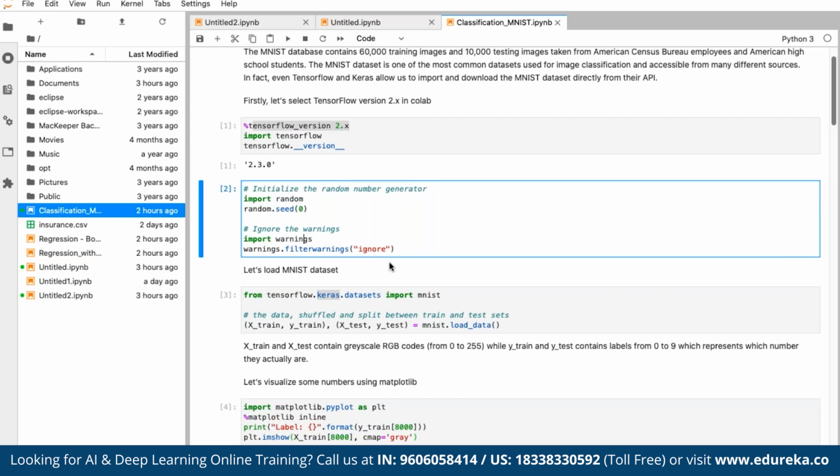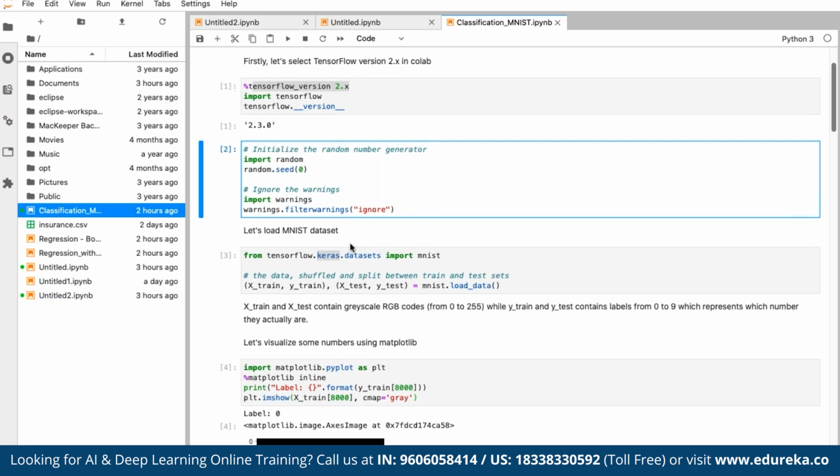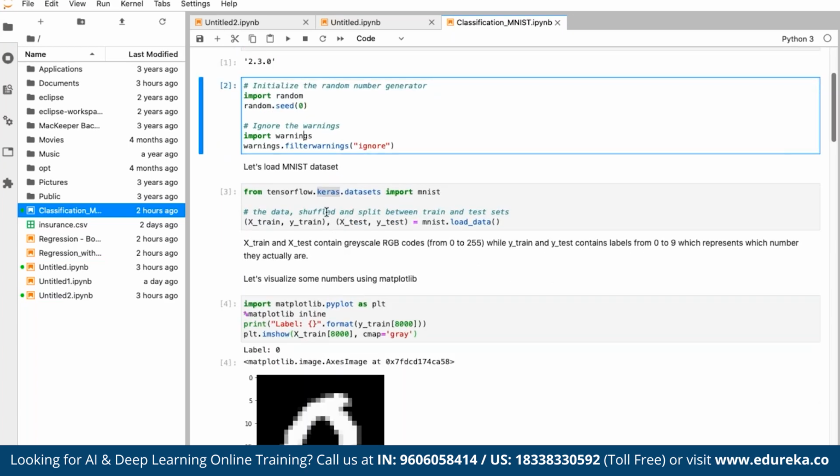Now we are analyzing close to 10,000 testing images and having a lot of image pixels, and we want to ignore this. That's what we are using this. Let's load the data set. So first what we're doing is,